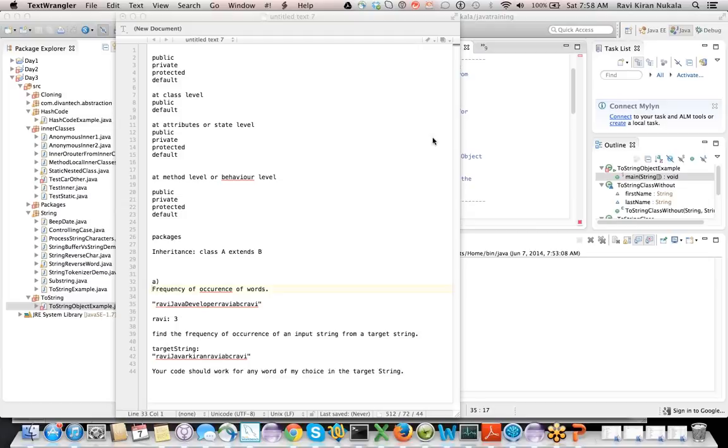loop in which we will take i equals 0, and we will take each and every word to move through it, and if Ravi is equal to that particular Ravi, then match it. I'm just giving a rough idea because I'm not getting everything.